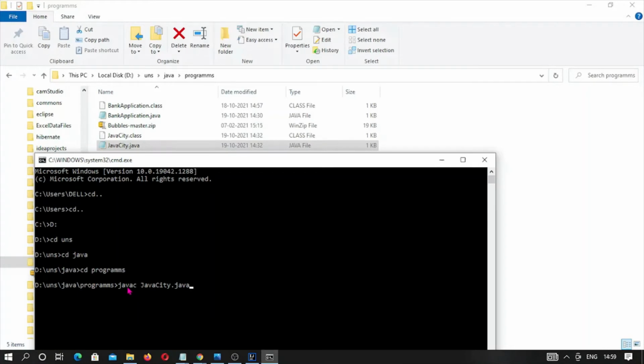The control goes to the environment variable. In the environment we have given the path of the bin folder in the Path variable, so it will search for javac.exe, and that exe will convert this javacity.java into a class file.